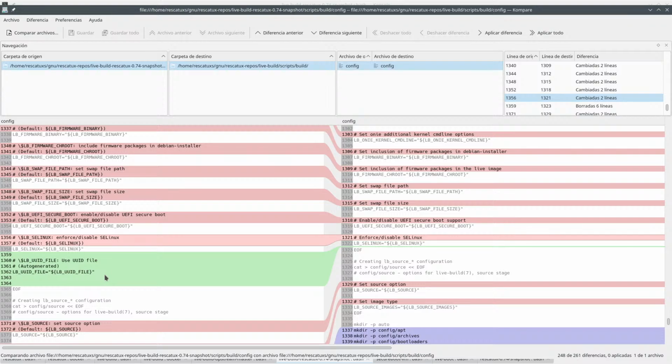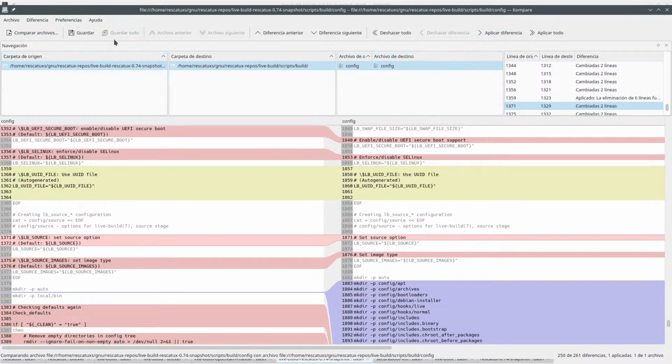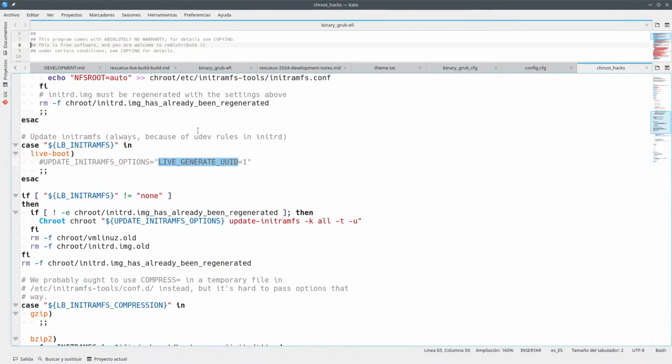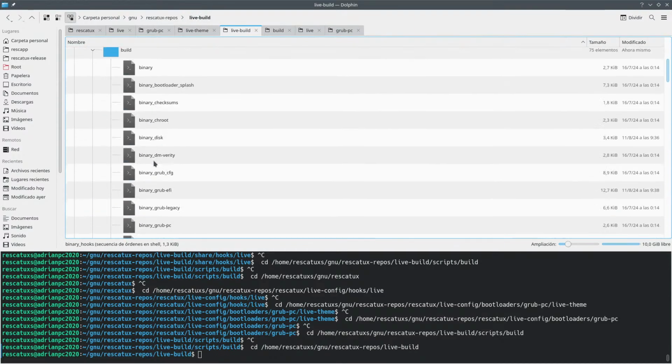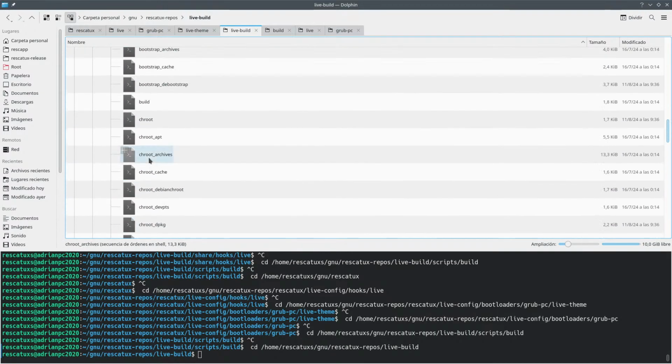So auto-generated, yeah. So basically, use your ID file and force disable Linux. Yeah, so basically we want to apply the difference, we want to save, and we want to edit this config file. This is scripts build config file from the current